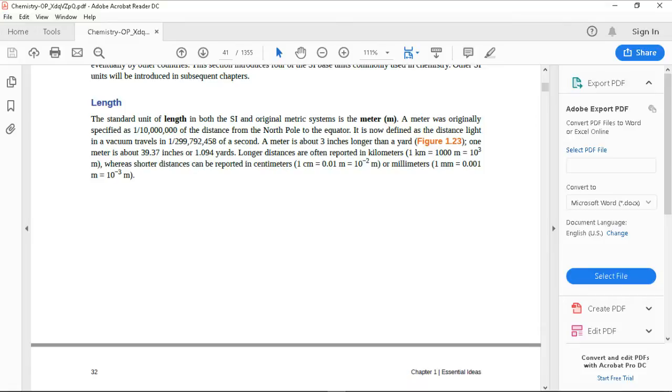A meter was originally specified as 1/10,000,000th of the distance from the North Pole to the equator. Wow, 1/10,000,000th. It is now defined as the distance light in a vacuum travels in one